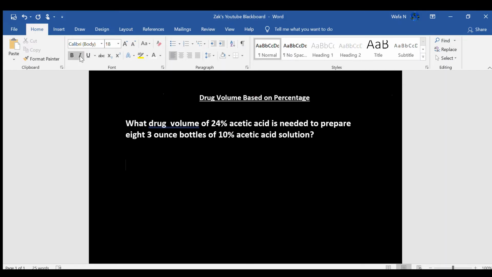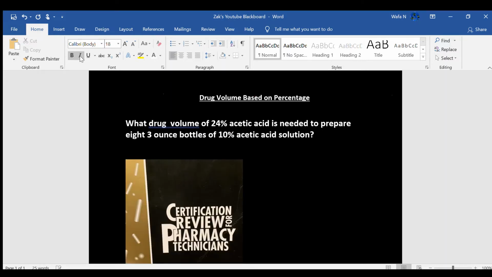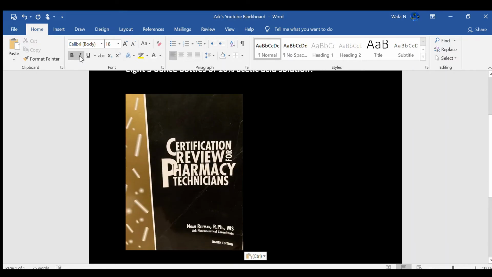Today's question comes from one of my favorite books, Certification Review for Pharmacy Technicians. This book dates as far back as the 1990s. I used, I think, the sixth and the seventh edition back in the 2000s to pass my PTCB. It was an excellent book, so I went ahead and purchased this particular book to assist me with my teaching